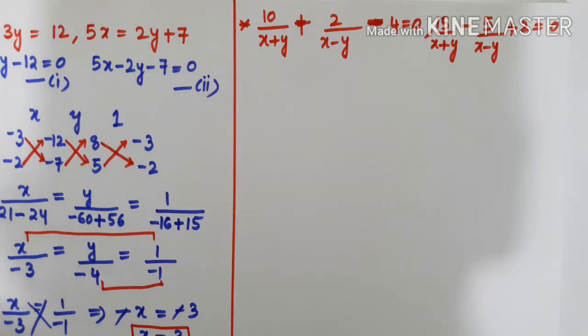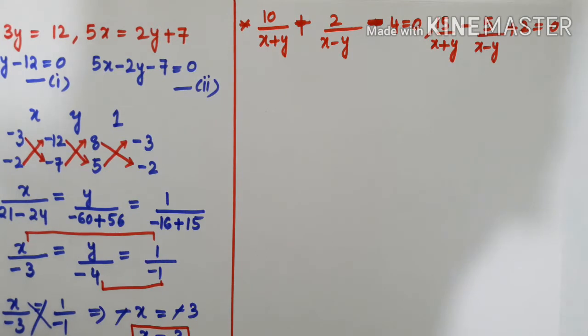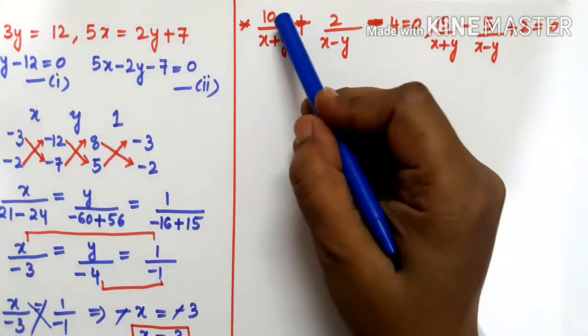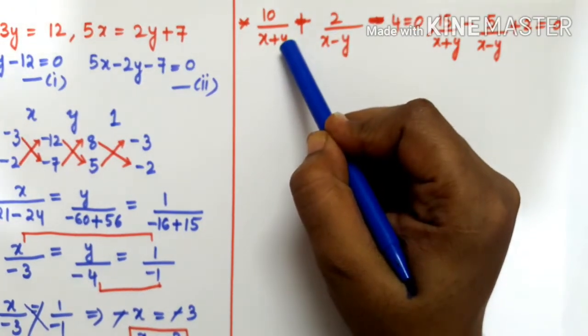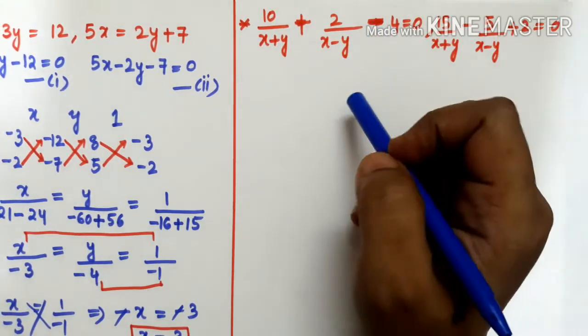So over here what you need to do is, like x plus y, in the denominator you are having the variables. Okay, so previously also in your substitution or elimination method, whenever you were having variables in the denominator, 10 by x were there. So 1 by x you have taken as u, 1 by y you have taken as v. Okay, so in the same way here also, just for 1 by x plus y you need to consider as u, then 1 by x minus y you have to take as v. Fine.